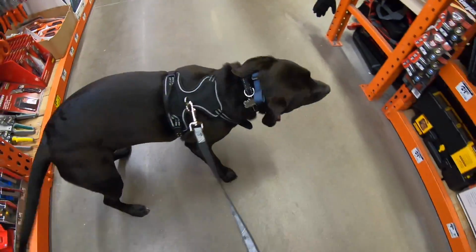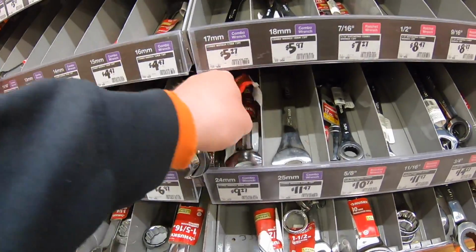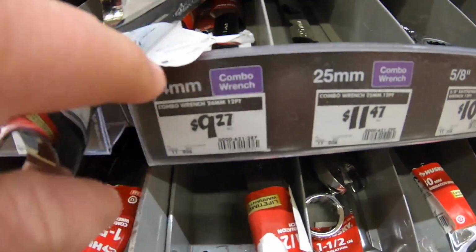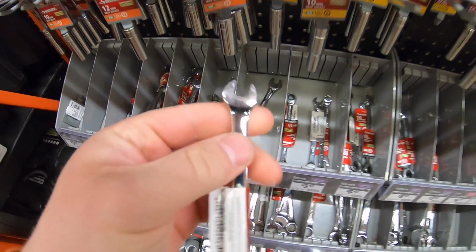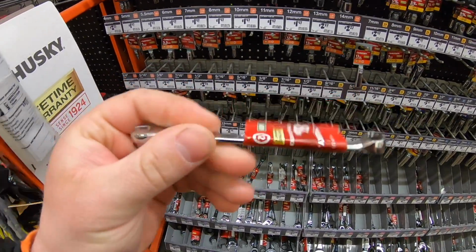Are you nuts? Of the 24 millimeter for the cam lobe. This is the size I'm gonna need, and they're cheaper than I thought, guys. $9.27. The last 8 millimeter available right here. I could use this for when I do my slave cylinder swap for the K24 when I get my new